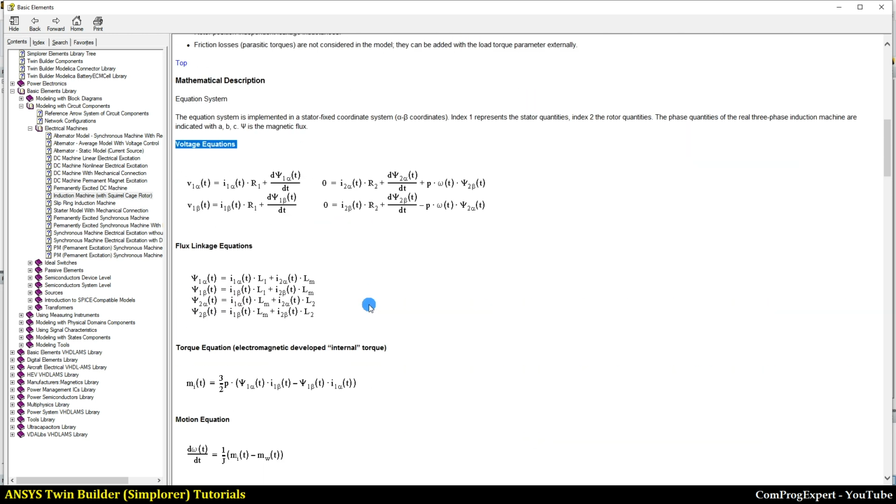Yes. Here you can see the equations for inductance in 2-axis reference frame. So here you can see the alpha and beta. These are for the stator and these are for the rotor. Two-phase formulation, not three-phase formulation. Yes, two-axis reference frame instead of three-axis reference frame. So here we have L1, that is the leakage inductance of the stator. Lm, mutual inductance. L2 is the leakage inductance of the rotor. So here,